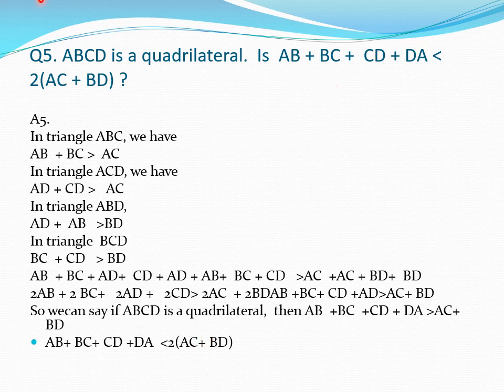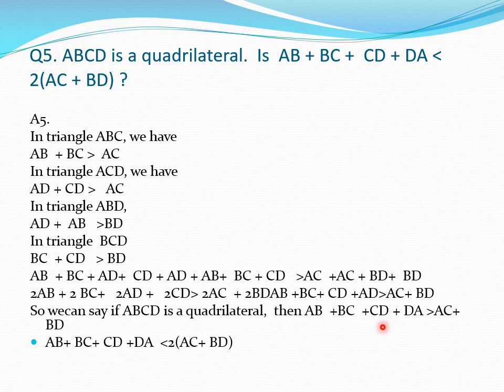See, here only we have 2. On the left side we have no 2, so the left side is not multiplied. If you multiply all the terms of the right side by 2, we really have to multiply all the terms of the left side also. But it is not done here. So we can say this left side is smaller than the right side.